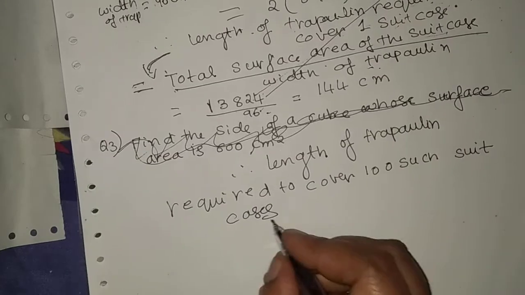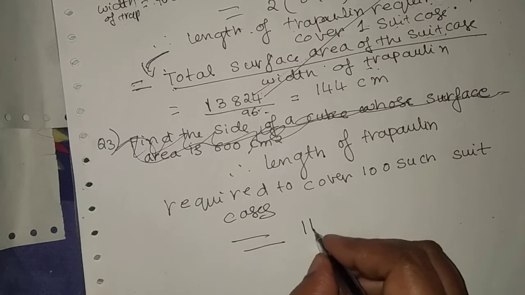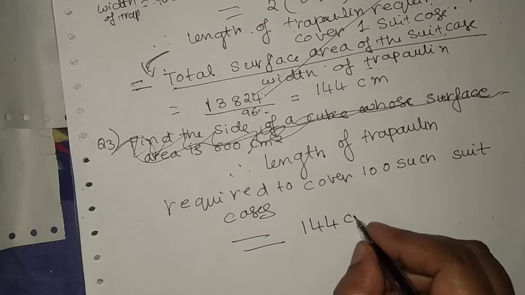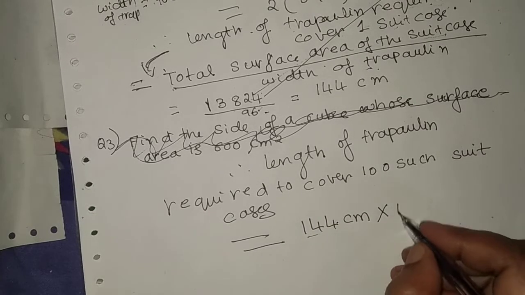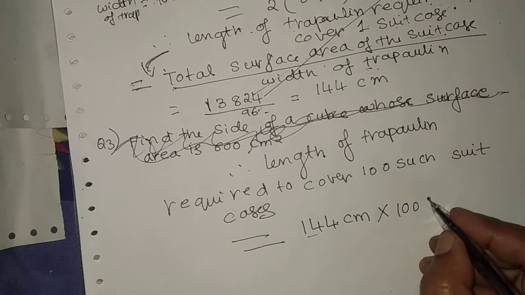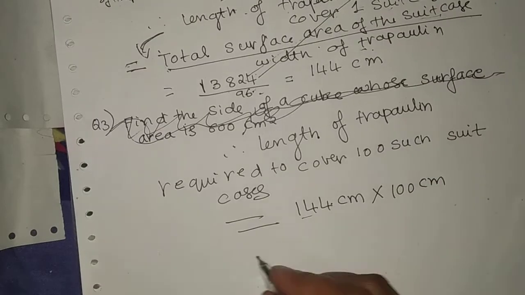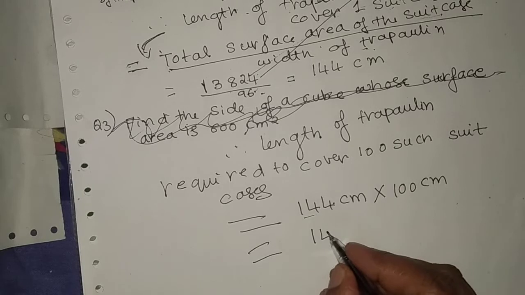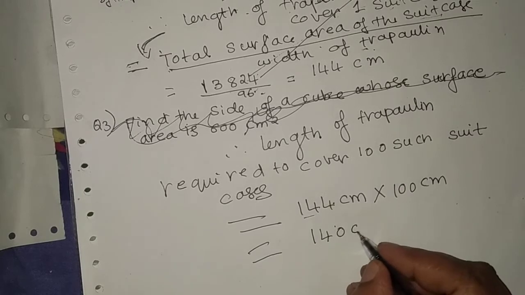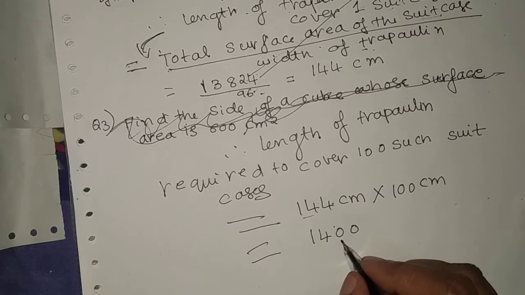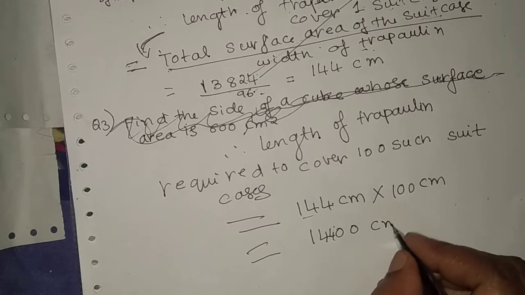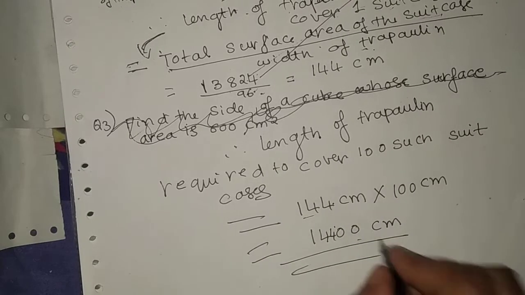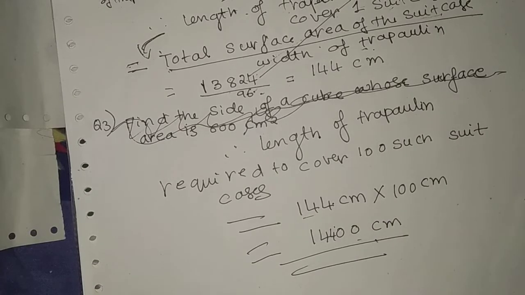So what is the next step? That is 144 centimeters we got for one suitcase. Then we have to multiply it by 100 suitcases. So what is the data we get? Therefore 14400 centimeters is required to cover 100 suitcases. So this is the full detail